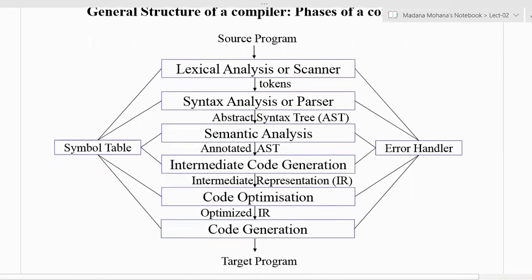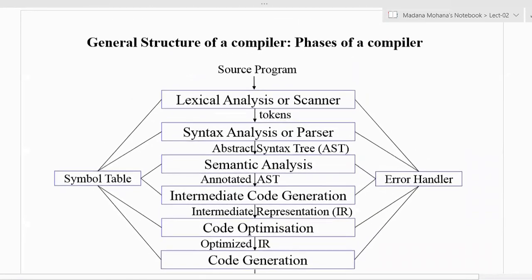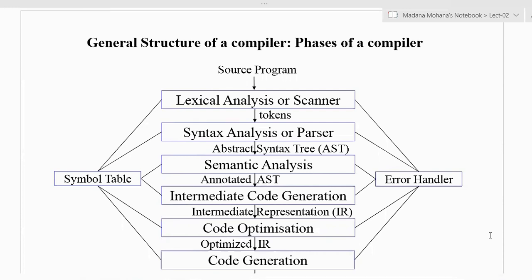So in examination also, if any question is given on this, such as explain phases of compilers with the block diagram or neat diagram, you must draw this diagram. Here one important similarity you can observe. All the 6 phases are listed in order. So the first phase output will be input to the second phase. Then the second phase output will be input to the third phase, and so on. The fifth phase output will be the input of the sixth phase. Like that, there is an interrelationship among all the phases.